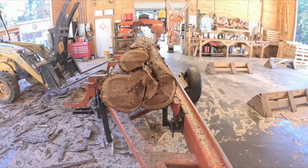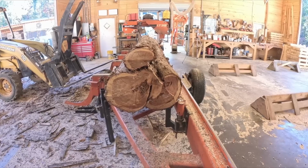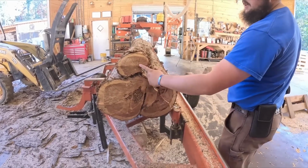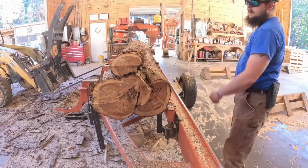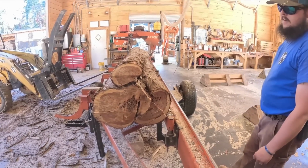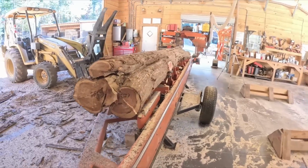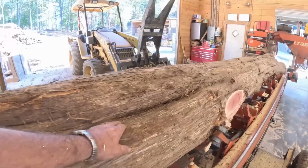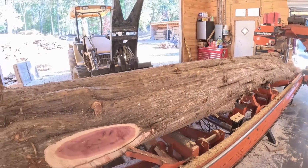Okay, Matthew pointed out something a little unusual on this tree. I'm gonna have him do it again. It's a triple trunk tree. You don't see it often, where it's got 3 and it grows together and comes back apart at the other end. Yep, 3 of them are growing up from one root, and in some places they're blended together so well. You can see here the separation, but here they grew together so good you can't even see it. So